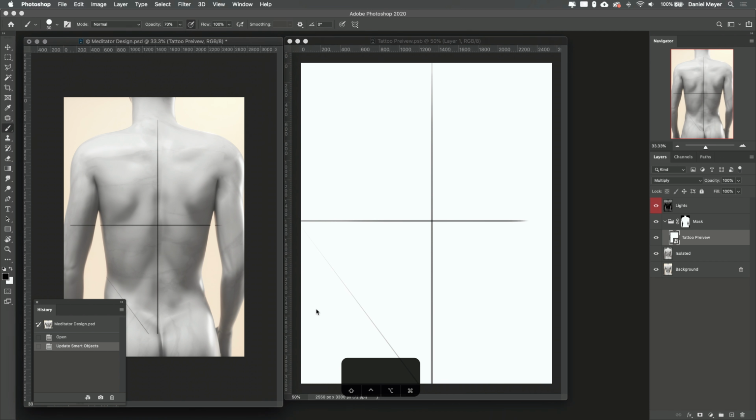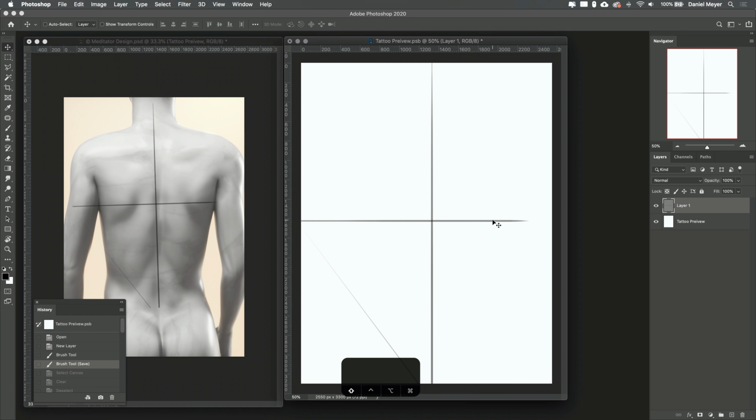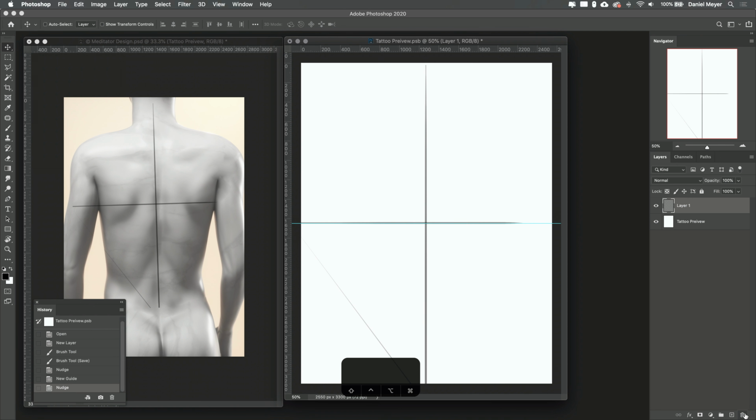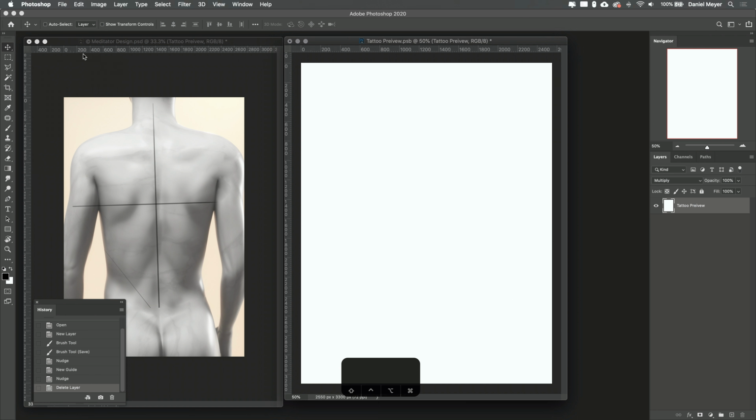Okay, let's go back into the file, adjust it so it's really right in the middle. We can also use our rulers to determine that. Pressing Command H to hide the ruler, and let's start sketching.